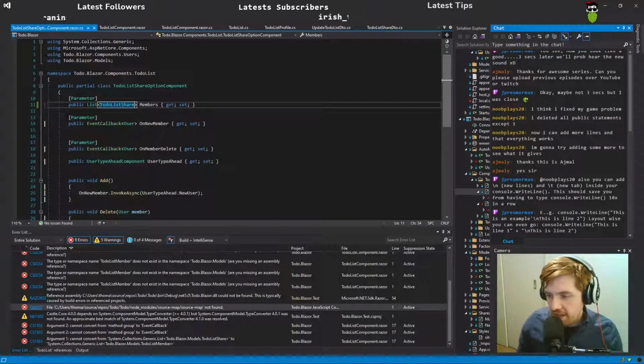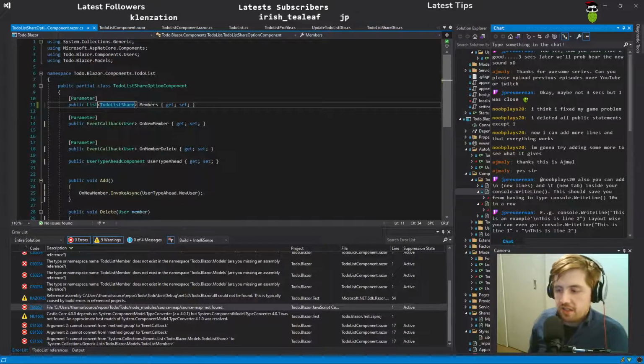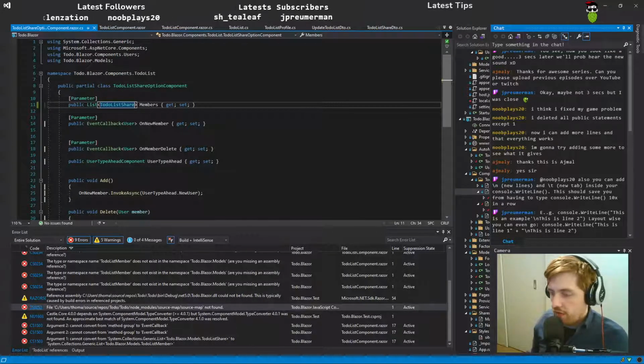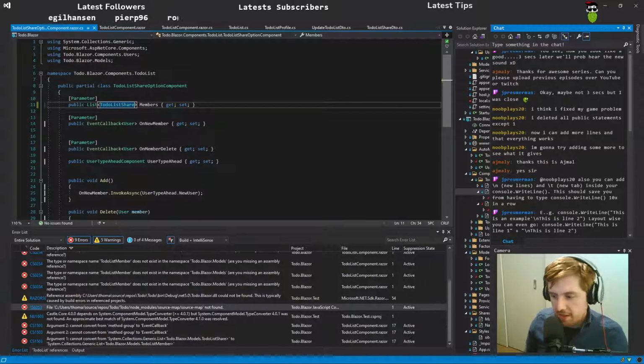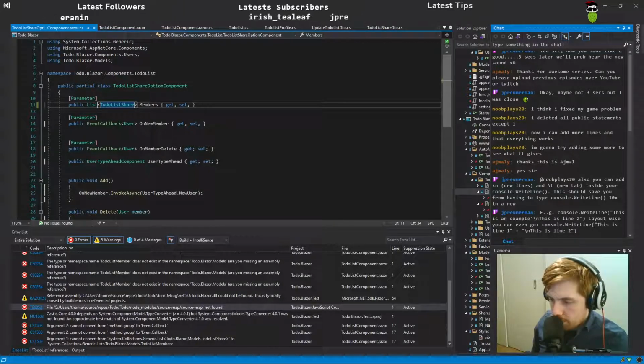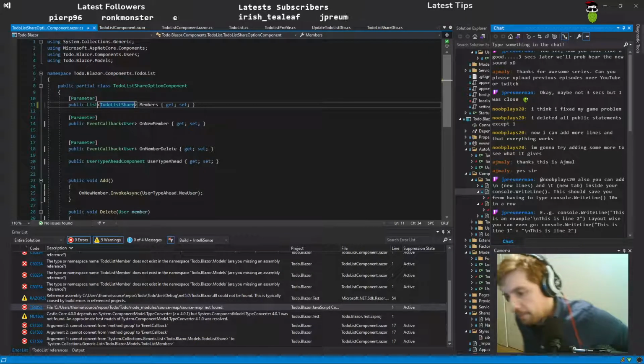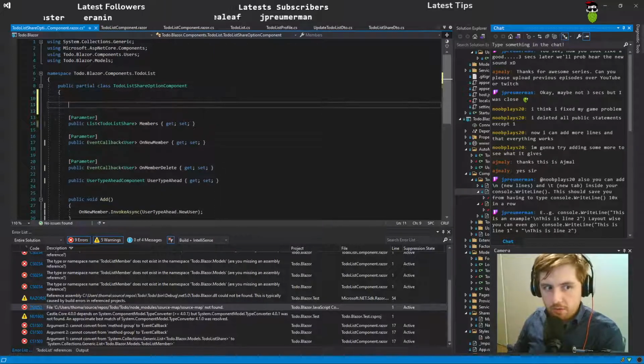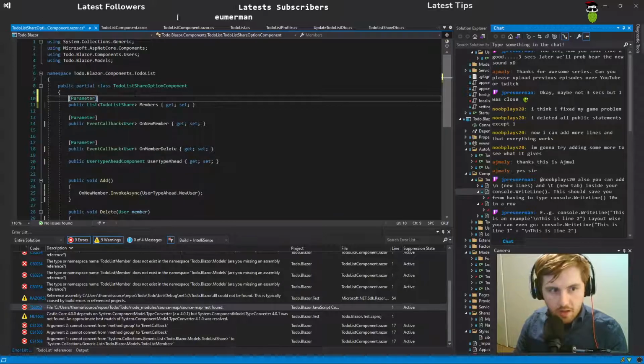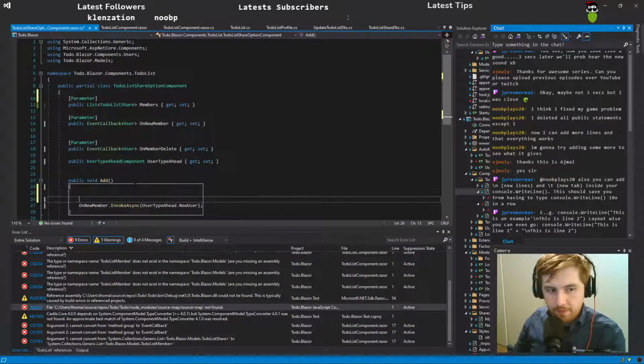John says, also you can add \n new line and \t new tab inside the Console.WriteLine. This should save you from typing the Console.WriteLine 10 times in a row. Example: Console.WriteLine, this is an example. This is a new line. Layout wise, you can even go Console.WriteLine this dot plus. Yeah, you could also, maybe I would like it more to do this, John. What do you think? Maybe it's a little bit more complex, but